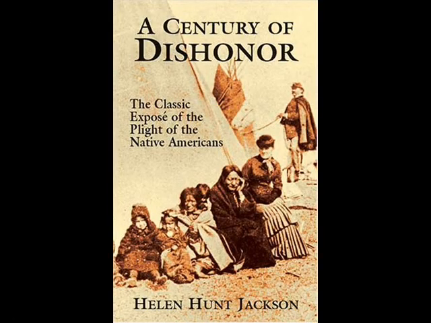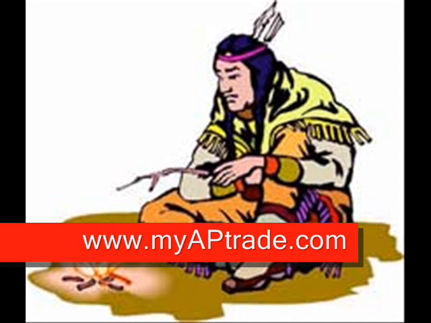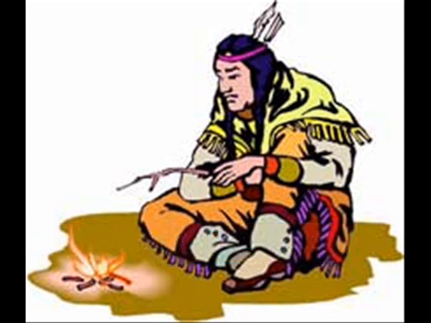Helen Hunt Jackson actually wrote A Century of Dishonor, which shined an unforgiving light on the reservation system, and it exposed many of its shortcomings. Her book actually helped create the Dawes Act of 1887, which was supposed to correct the inadequacies of the reservation system by offering land and citizenship to the heads of Indian families in an attempt to basically make them more American. However, the act resulted in the Native Americans losing millions of additional acres of land so that more land could be opened up for the American settlers.